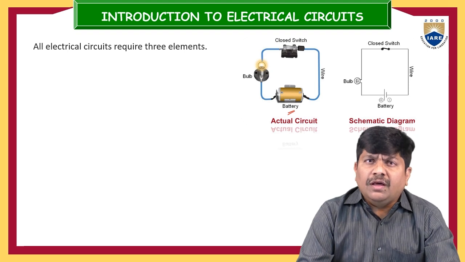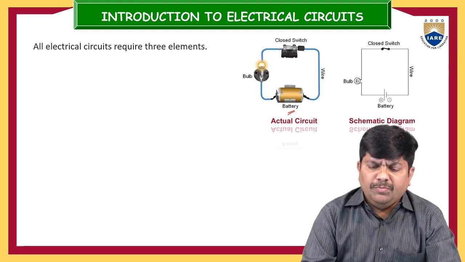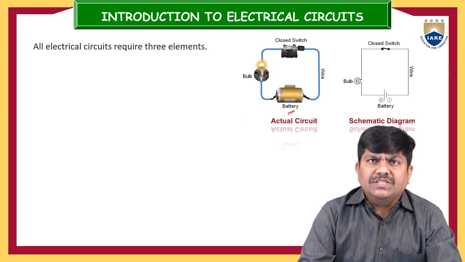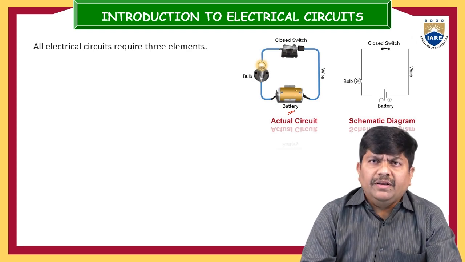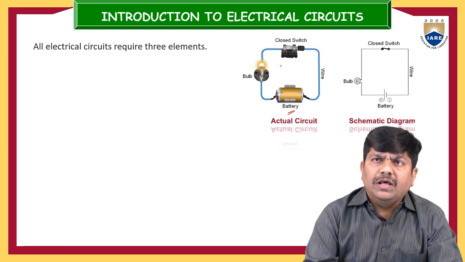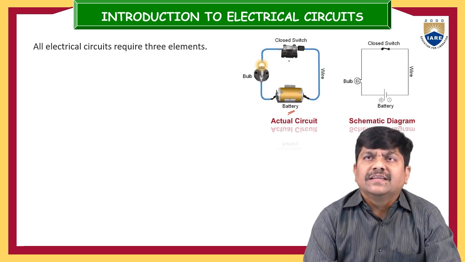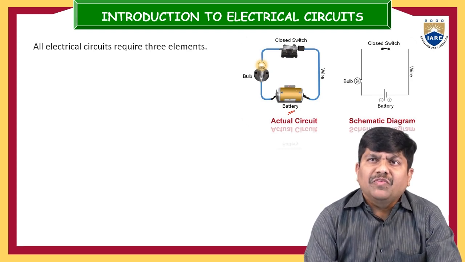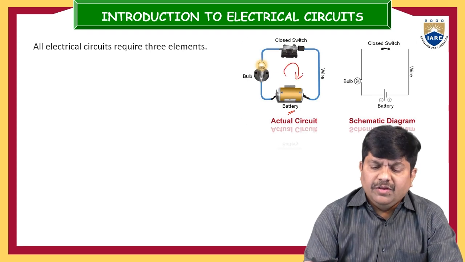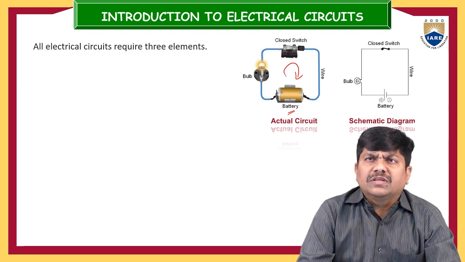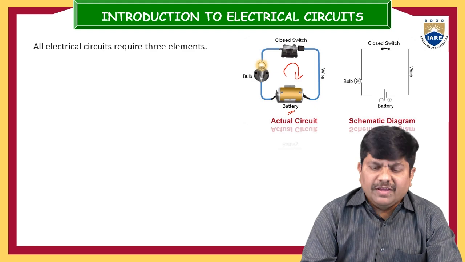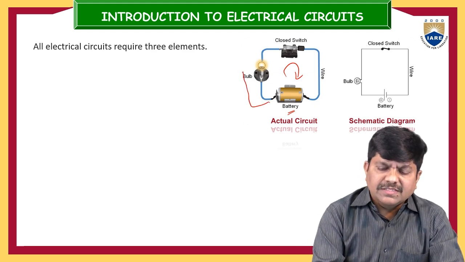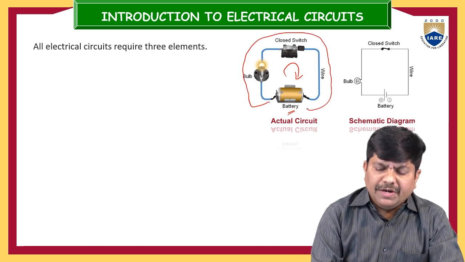If you want to turn on the bulb, you simply close the switch. If the switch is closed, then the battery is able to find a closed path by means of the bulb and the closed switch. It will provide some amount of force on the charge particles. So the charge particles start traveling from this side and are able to complete a path.